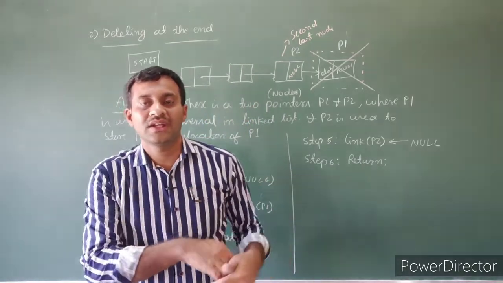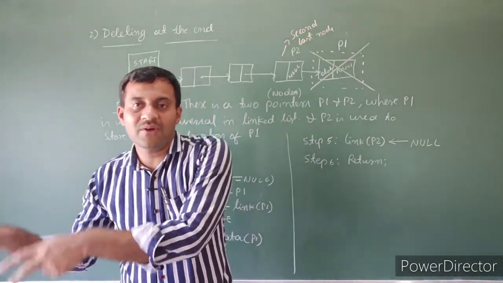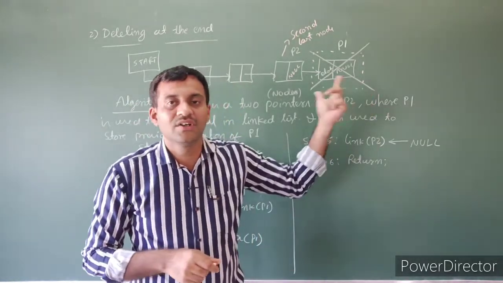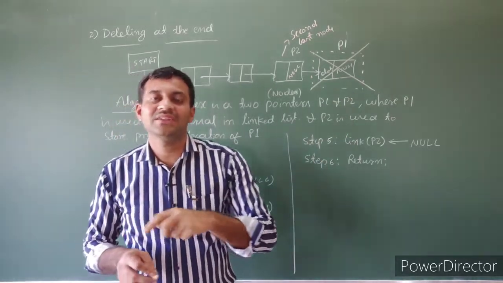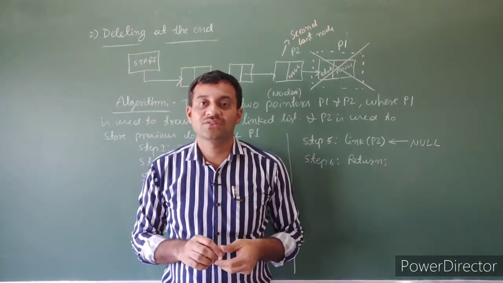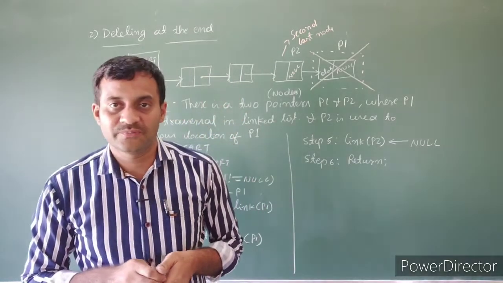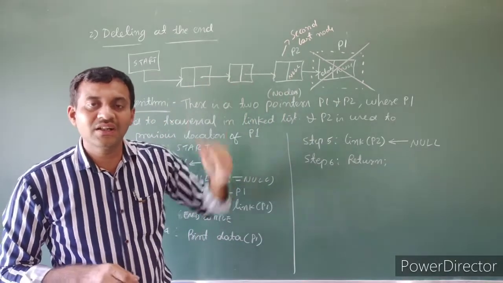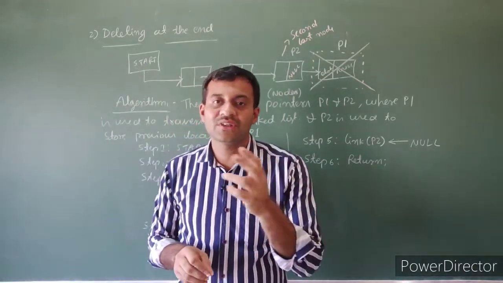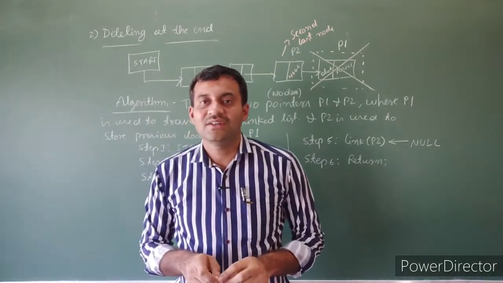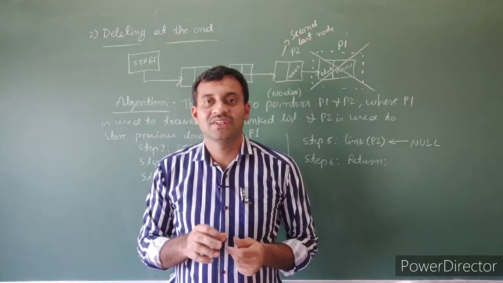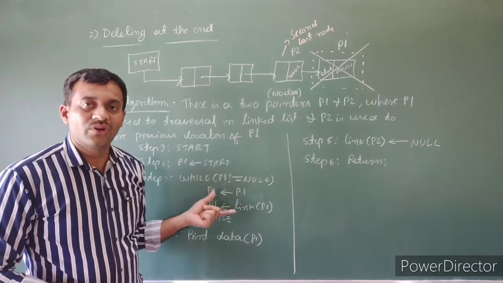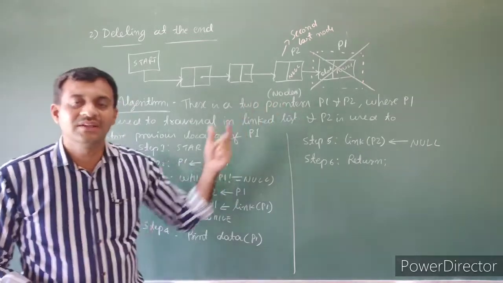When we insert a new node into the linked list, nodes are deleted from the avail list and inserted into the linked list. When we delete a node, those nodes go back to the avail list. This process is also called garbage collection. Whether we delete from the beginning, the end, or the middle of the linked list, those nodes go back to the free storage. This free storage is also called garbage collection. This is the algorithm to delete a node at the beginning or at the end of a linked list.